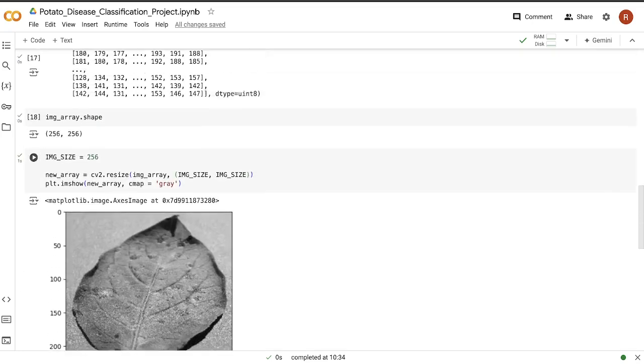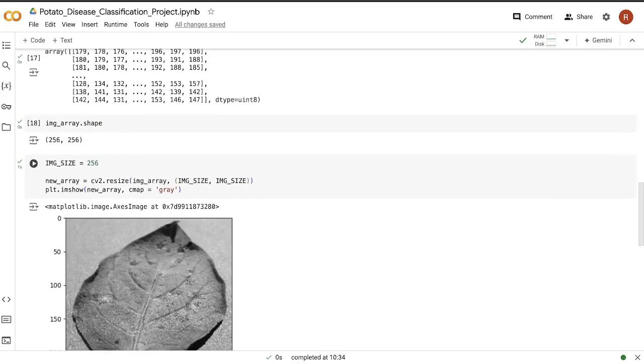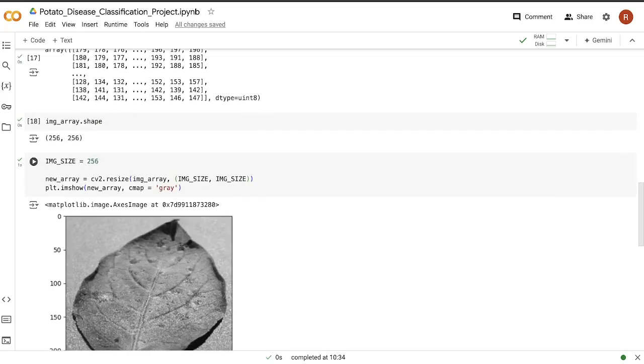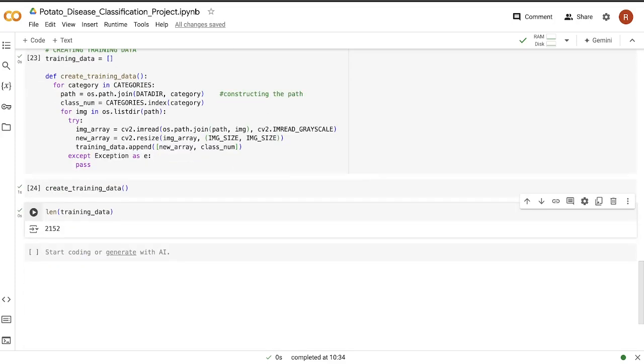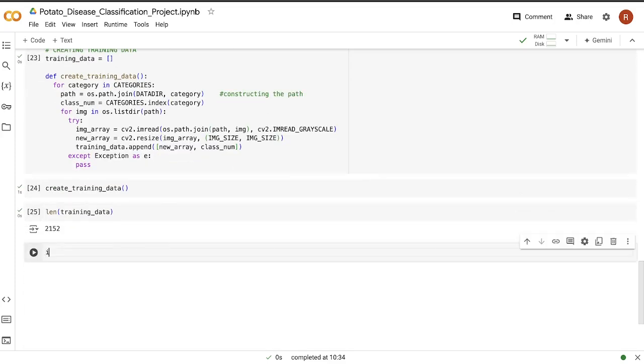Now after that, it's also important to shuffle them. Right now they are displaying the images or assigning the images in a sequential manner. All the images from the early blight first, then from the late blight, and then from the healthy. So it's going in a sequential manner, but you want to shuffle the things. Like you want one image from late blight, followed by one image from healthy, one image from early blight. So you want all the images not sequentially but randomly.